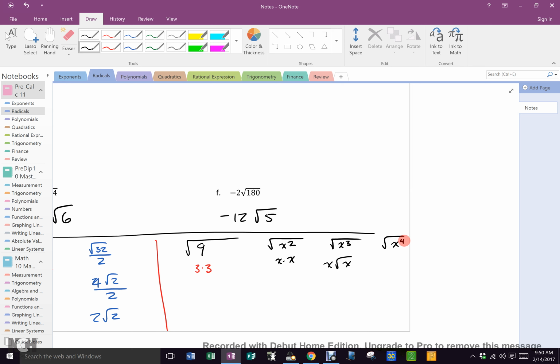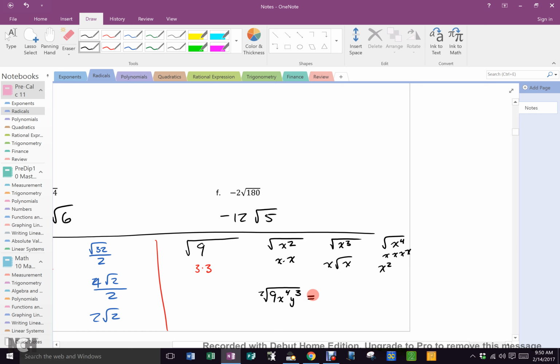X squared, because it's x, x, x, x. I take out two pairs and I get x squared, yes? Everybody still good? Okay, so now what is the square root of 9 x to the fourth y to the